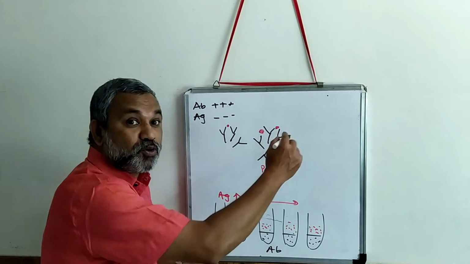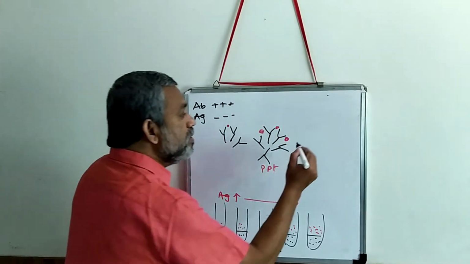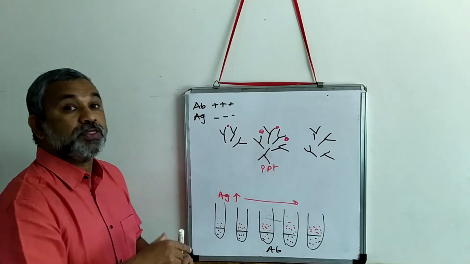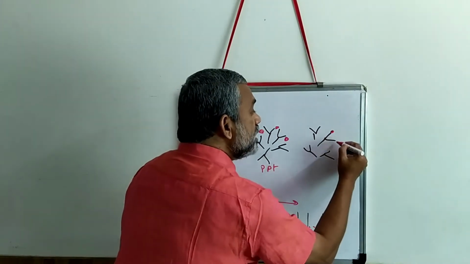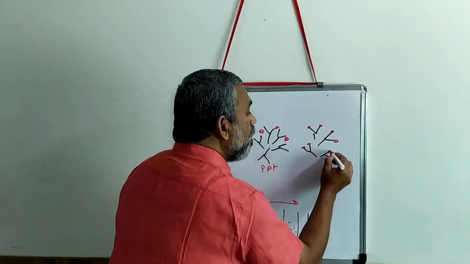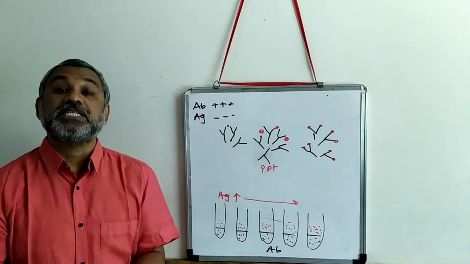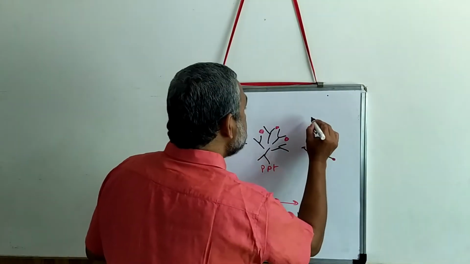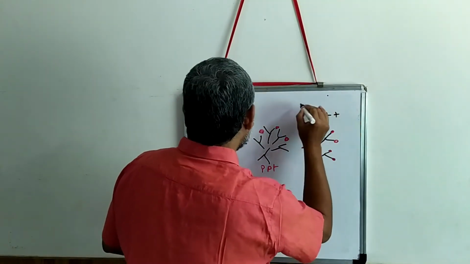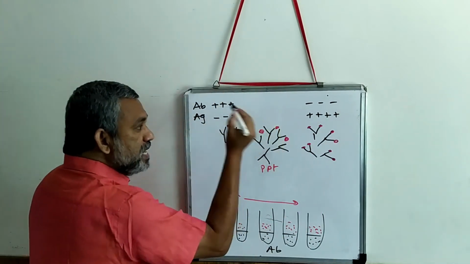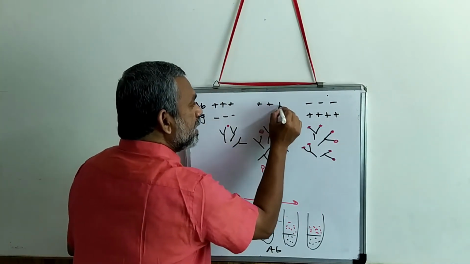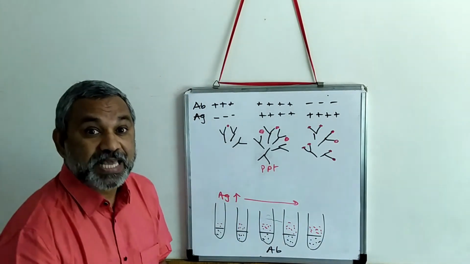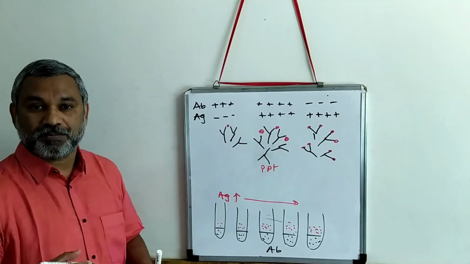Let us see what happens as we proceed with increasing the concentration of antigen. There are more antigen molecules. So we have antibodies here, antibody here. There are more antigen molecules and each antigen molecule will try to bind with one of the binding sites of the antibodies because antigen is more. So here antigen will be more and antibody will be less, and in this case they are in the right concentration. You can see three different regions that are being formed.